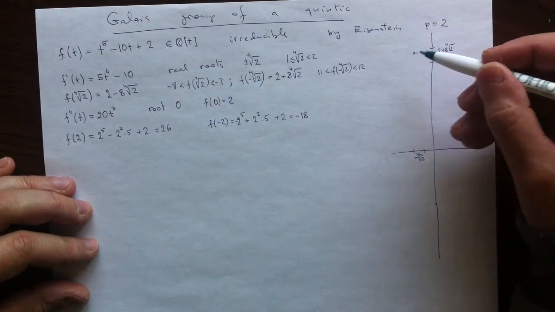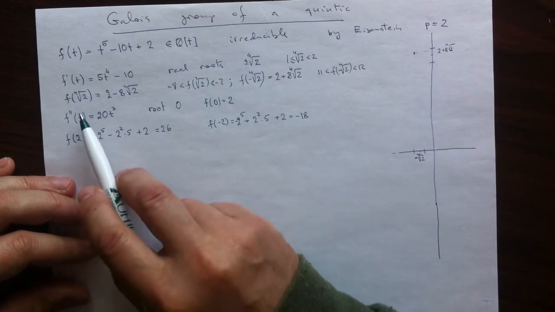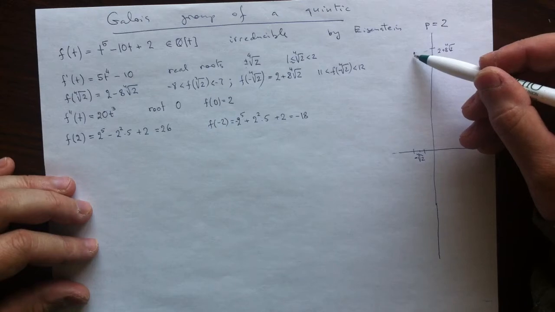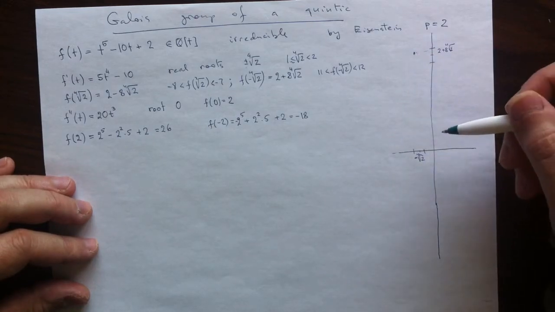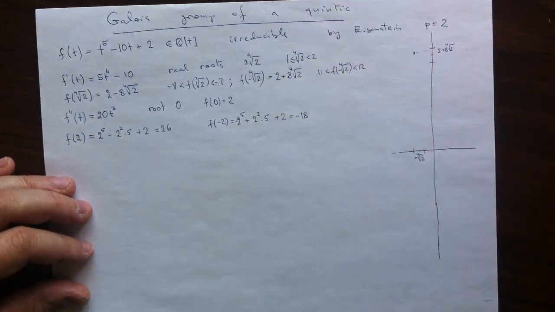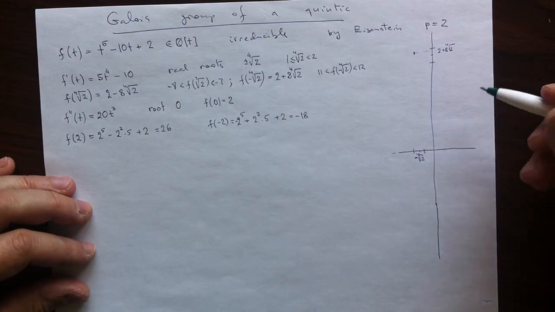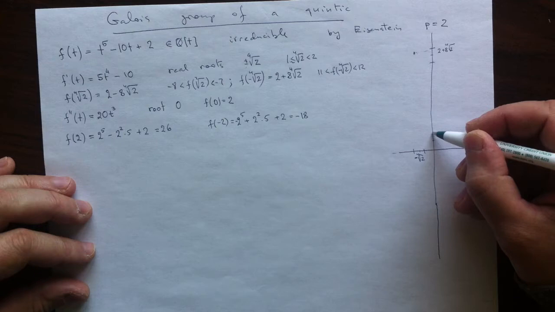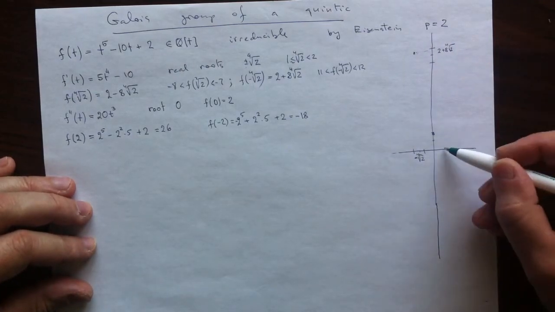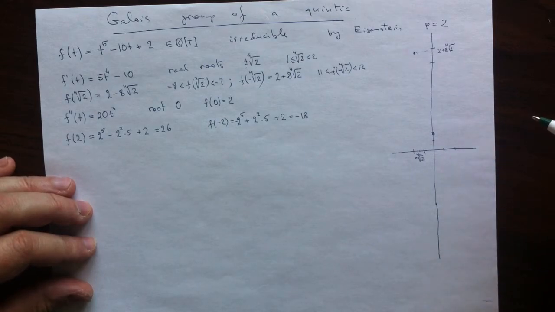Then yeah, you could see the signs. Obviously the sign of the derivative is positive all the way up to this root, then it is negative all the way up to the positive root, and then it becomes positive again. And so this is 2, this is where the y-intercept is going to be,